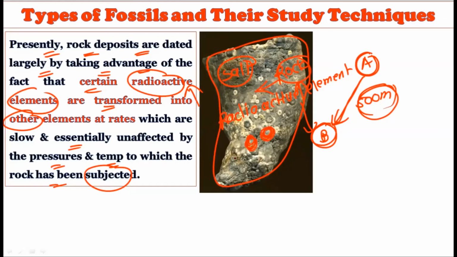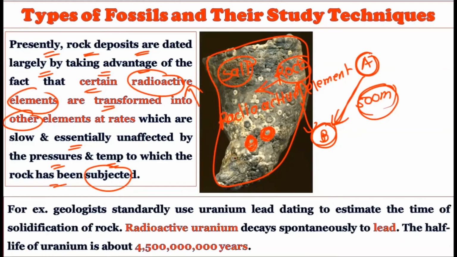So the age of the rock today we calculate by using the radioactive elements. Okay, because radioactive elements tend to transform into different kinds of other elements at a rate which is very fixed. Okay, these fixed rates give the radioactive element very much importance in fossil studies, because by using this radioactive element we can calculate the exact age of the rock. And once we know the exact age of the rock, we can calculate the age of the fossil.